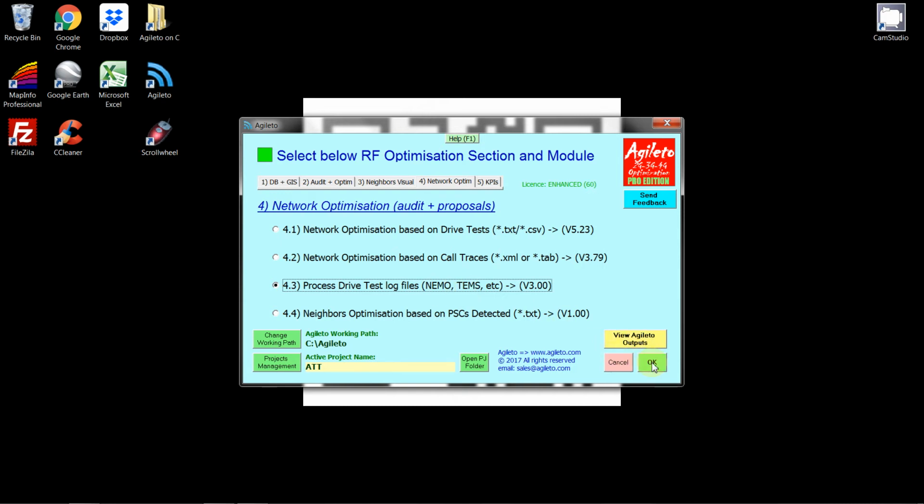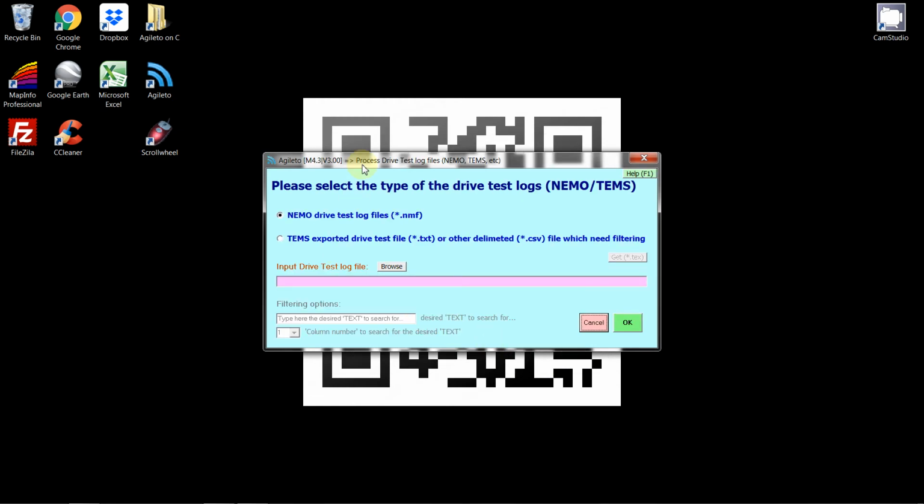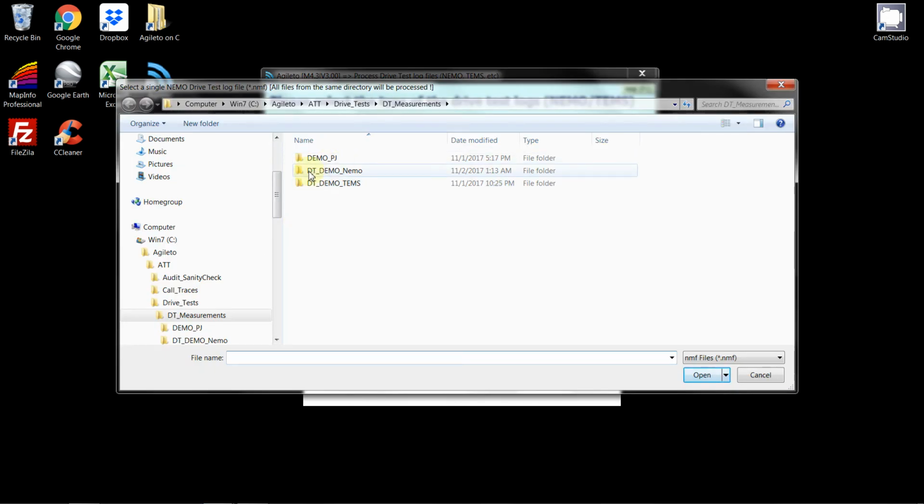So if we continue here, we continue by pressing OK, and in this dedicated window we can see that we have two options. One is for Nemo, the NMF extension, and another one is for TEMS. Today we are going to discuss Nemo, how to transform and how to process these drive test log files. So for this reason we are going to go to the place where the drive test log